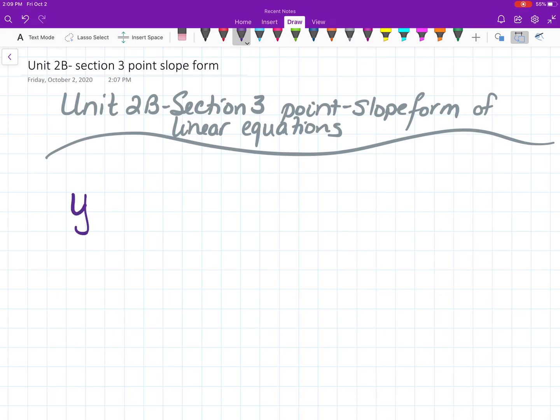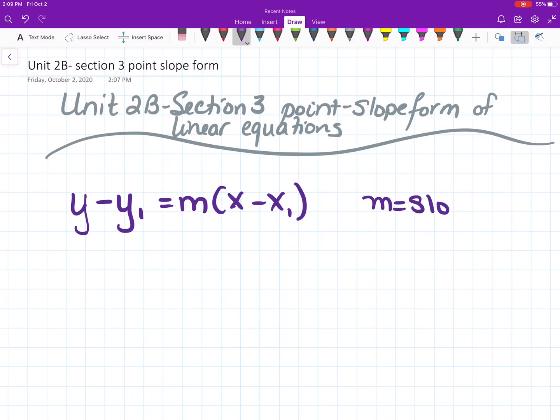y minus y1 equals m times x minus x1. m is still our slope. That doesn't change. But then we actually have a point, and our point is going to be (x1, y1). Now later you're going to notice something. Notice that in the equation,